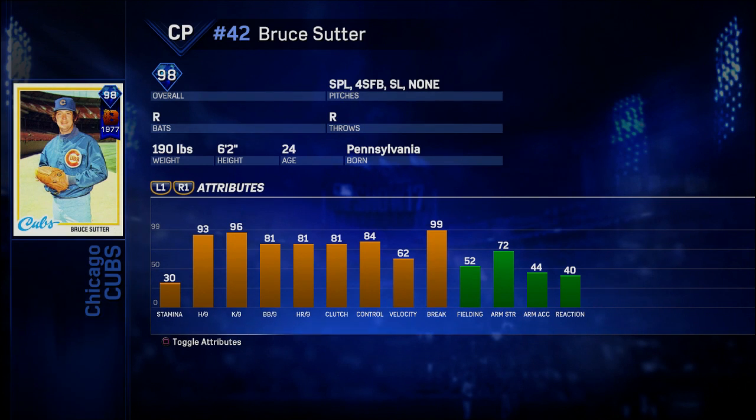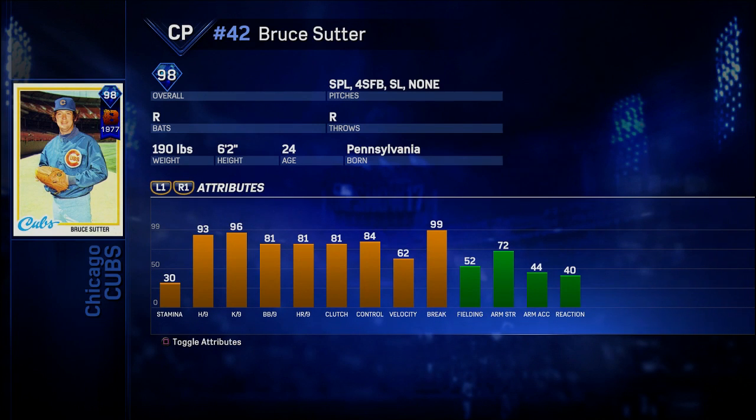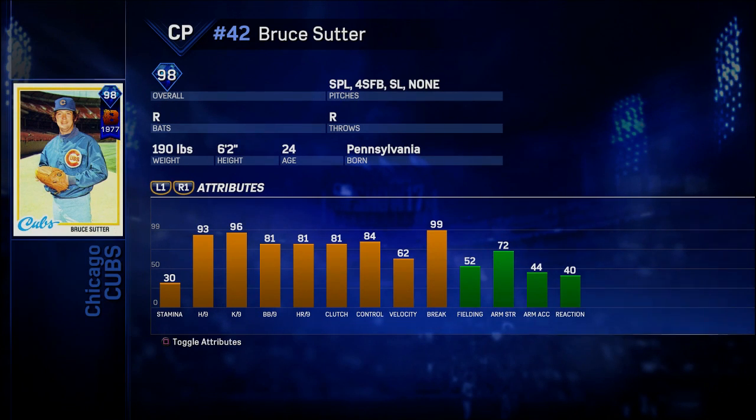So that's going to be an issue with this card. And also his stuff, obviously he has great break and everything, but his velocity just isn't there, and that kills him a ton. For a relief pitcher, you have to have some semblance of velocity. You have to be a guy you can rely on to go in there and dominate for you. I think you could probably use this guy fairly effectively, but I don't think he's going to dominate for you. I don't think he's going to get a lot of strikeouts. He's just not